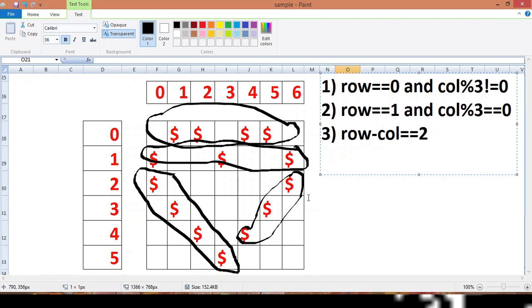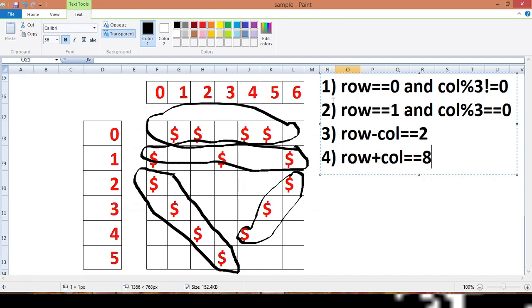Now for this, let us try to find out. This is column number 6 and row number 2. This is printed in column number 5 and row 3, and this is printed in column number 4 and row number 4. That means this symbol is printed where the sum of the row and column value is 8. So I'll write a condition like this: when row plus column gives the value 8, then print the symbol.